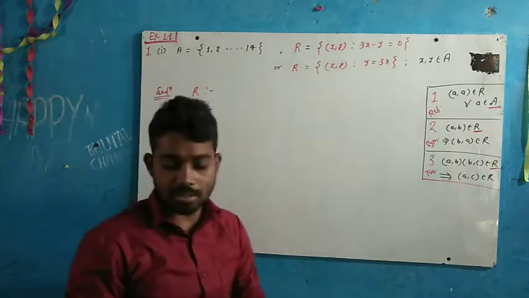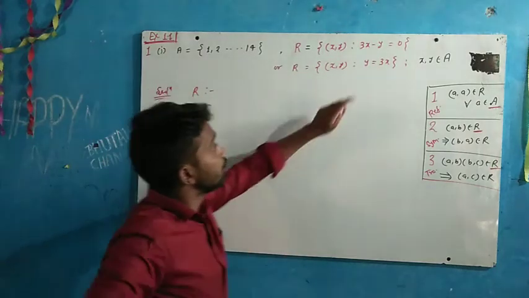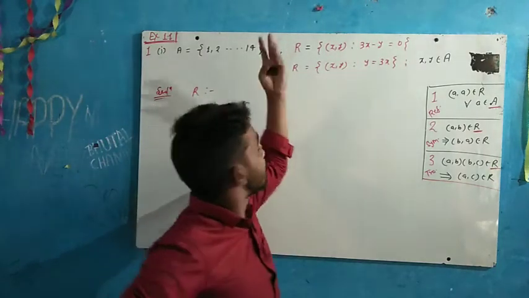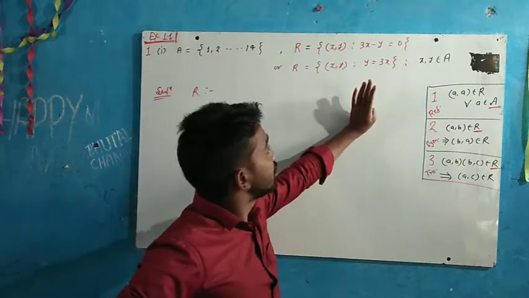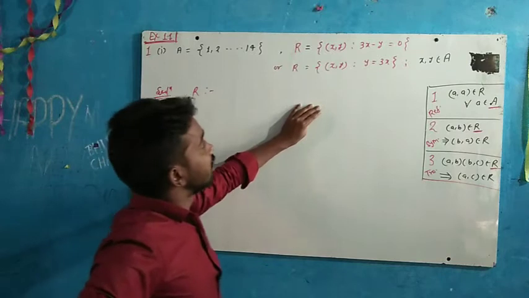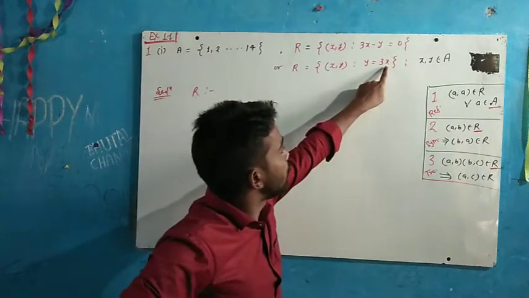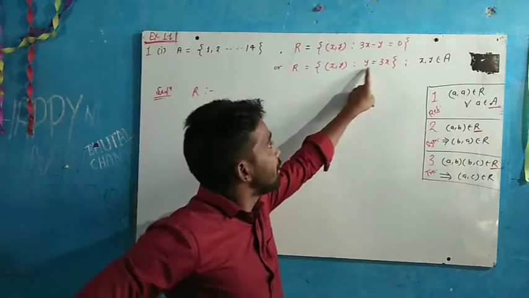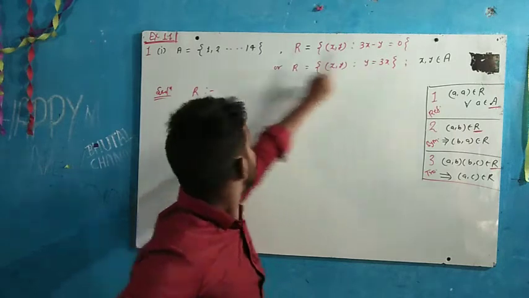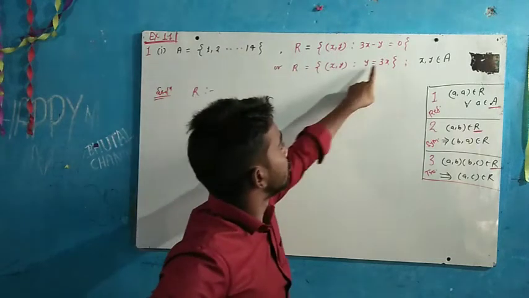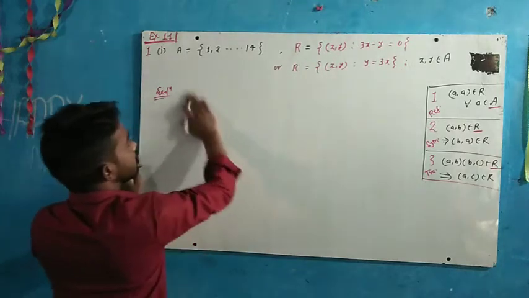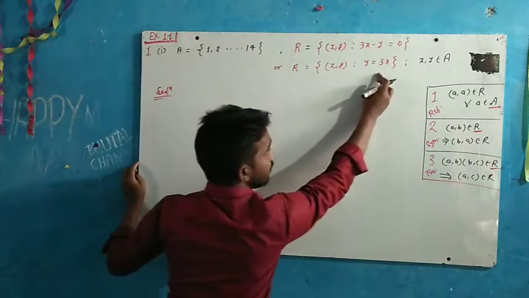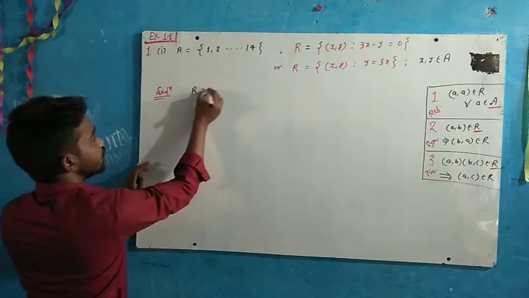reflexivity. Just see beta, we will take any elements, let us take for example 1, 2, 3, 14. Clear? So what we have seen here is that if you put x value 1, y becomes 3. Clear? If x is equal to 2, y becomes 6. So this relation is given in the set builder form; we can write it in the roster form also.